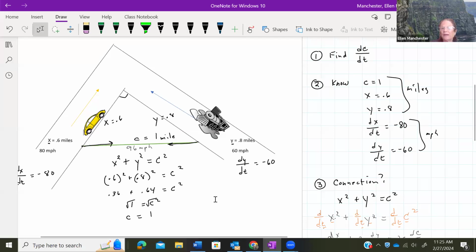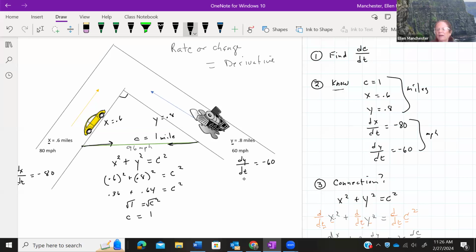And where the related rates comes from is we're comparing rates. So rates is going to be a huge term that you have to remember. Whenever you hear the term rate, what you're looking at is a derivative. So anytime you have a rate or a change, like an increase or decrease, that will always be your derivative. So when you're looking for what do you know, what's the information that you're given, you can look for the term rate or the term change, increase, decrease. Then you know you're looking at a derivative.